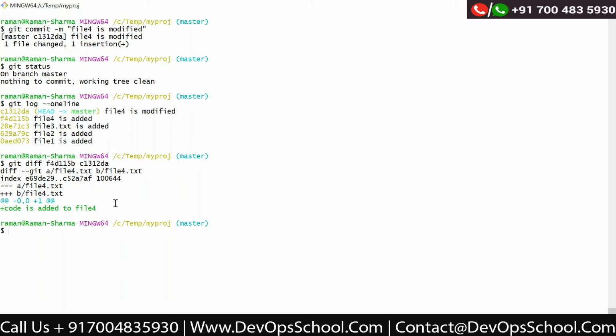So we have seen the git diff command. Now, for example, you have some files which you don't want to make a part of the version control system, like your executable files, your libraries, etc. These are files which do not have code, like an exe file.